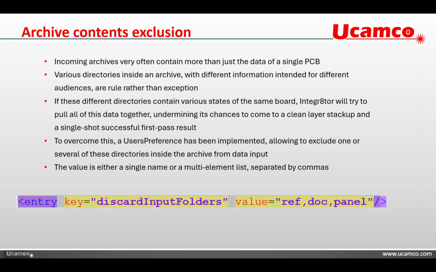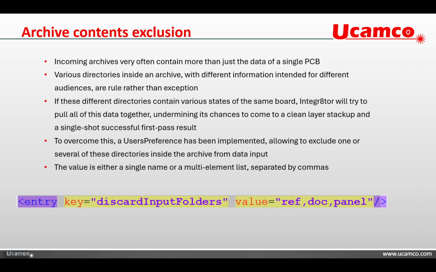What you can do now is if somebody opens the zip beforehand, inside the zip, you can actually create a folder yourself, give it a particular name, and whatever you put in there, you can actually keep it away from the Integr8tor analysis, in the sense that inside the Integr8tor configuration, you have, from now on, the ability